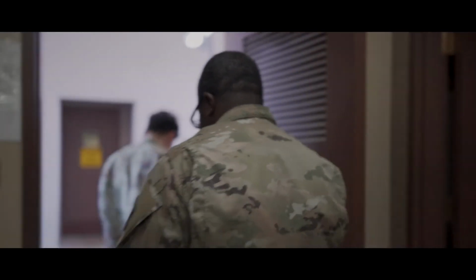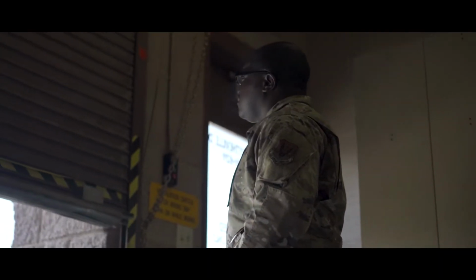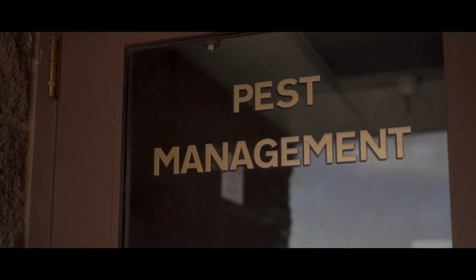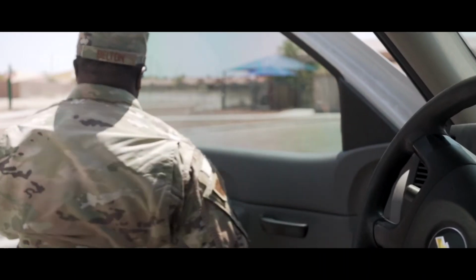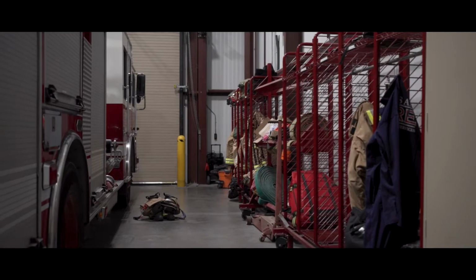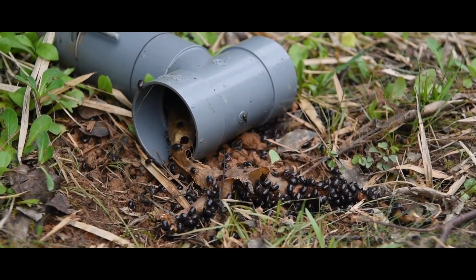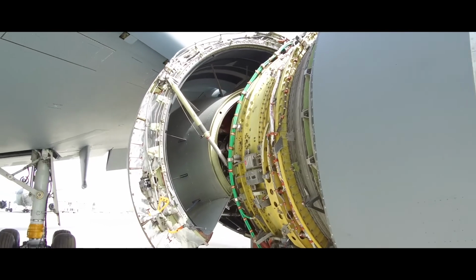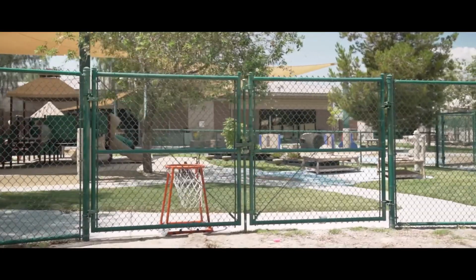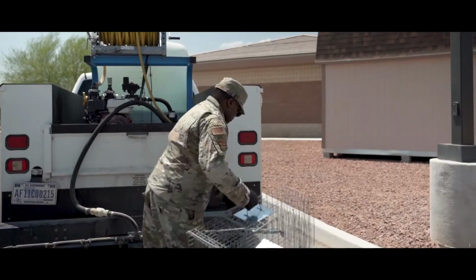So the career field has changed names actually a couple of times. It was environmental controls, it's been entomology, pest control, and ultimately pest management, which has stuck around for quite a while now. The importance of our job is keeping pests out of unwanted areas. Some pests can lead to mission stoppage, and that can stop planes from flying. And for pest management, you have to figure out how they're getting in and what control methods you can use